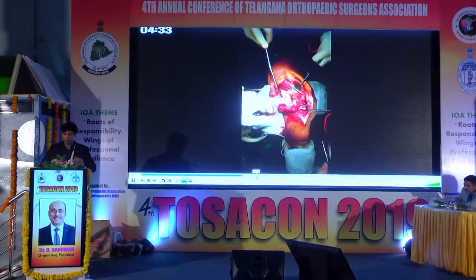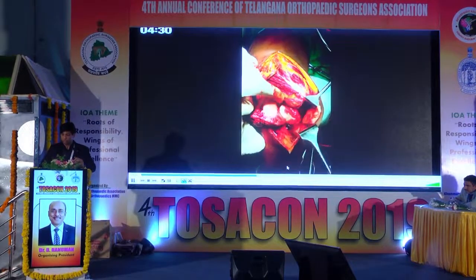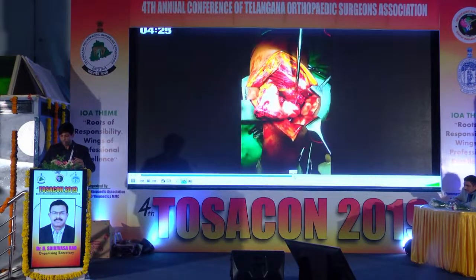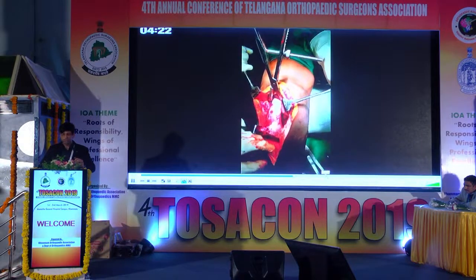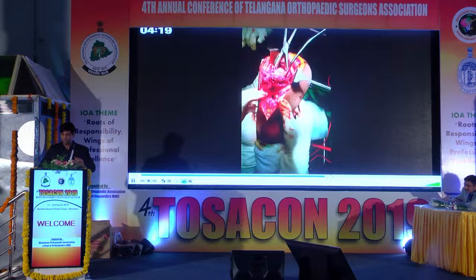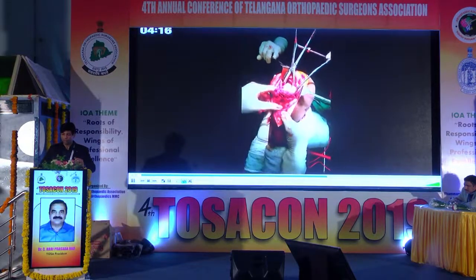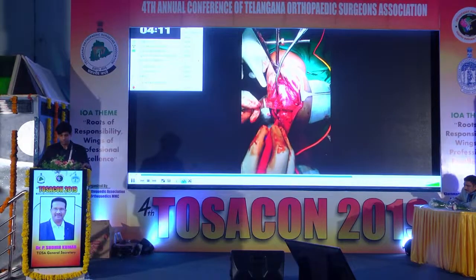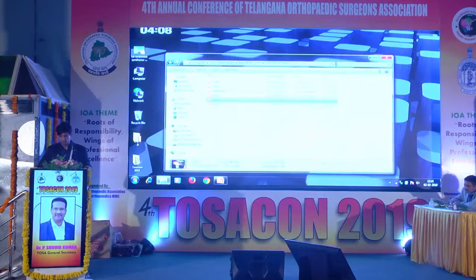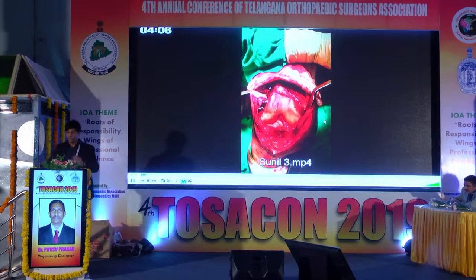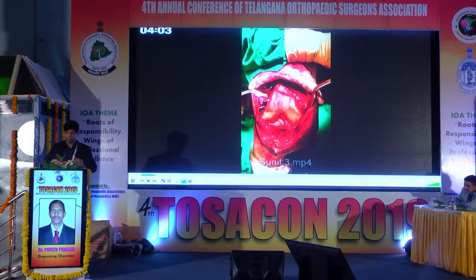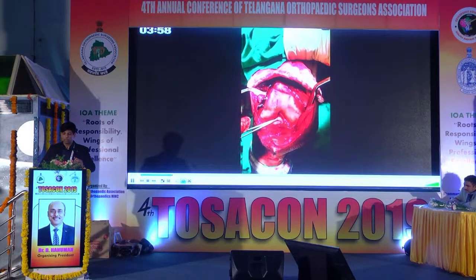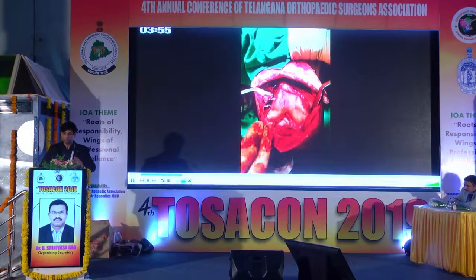To appreciate the structures, now you can see the medial condyle and lateral condyle lying on the medial side. This is the exposure. This reduction was very difficult as it was a transphyseal fracture with gross deformity of the limb. Now, this is after plating. Once the knee is flexed to 90 degrees, 70 degrees, you can see both the condyles, lateral and medial, beautifully with the posterior aspect of both the condyles.